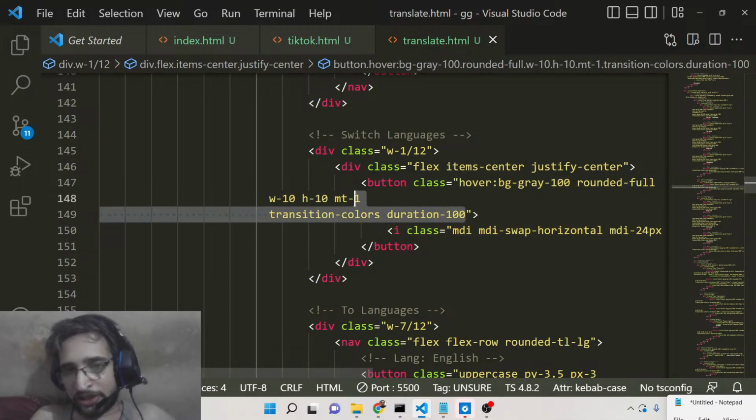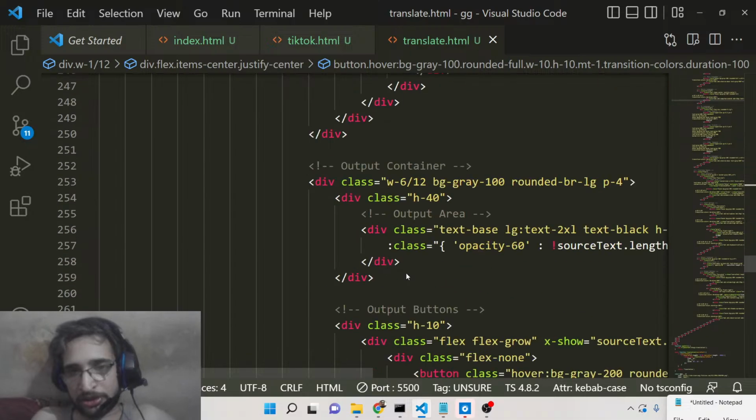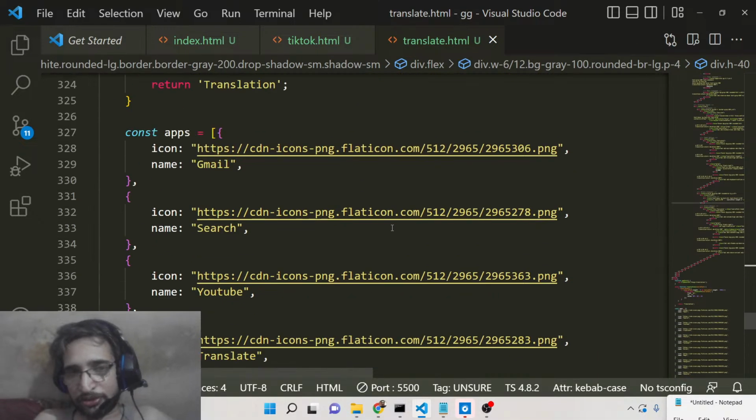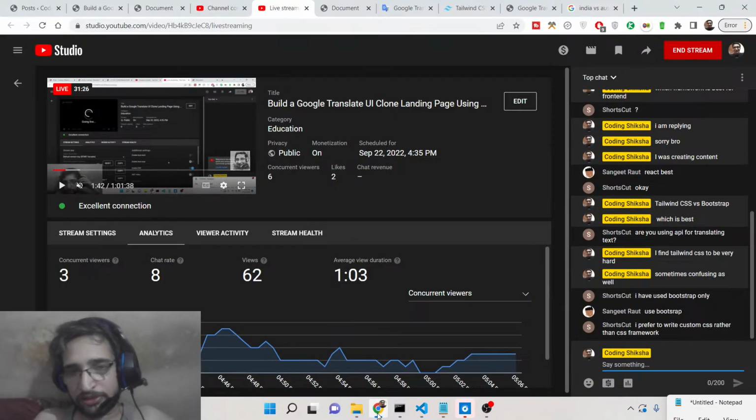And if you want to make any change or update to this code, it will be havoc because so many classes are there at various places, and just look at this code and you will feel how much code is there in a single file. So I think that Tailwind CSS is